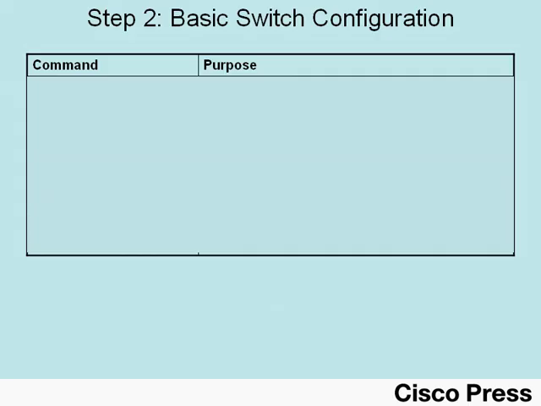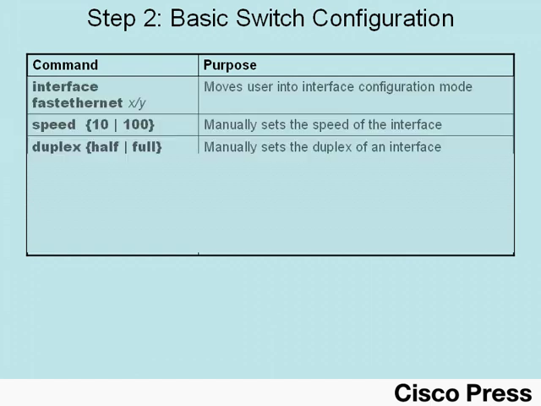Next, at step 2, we'll go over some of the basic switch configuration options. First, we'll look at how to configure a couple of key parameters on interfaces, namely the speed and duplex. For most end-user connected ports on a switch, you'll let these values be auto-negotiated, but it's useful for the exam to understand how to configure them. For instance, here we see the interface command followed by the speed and duplex commands. Speed and duplex commands set the speed and duplex, obviously, and these are interface subcommands, so we'll see how to